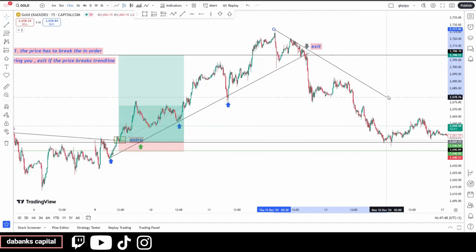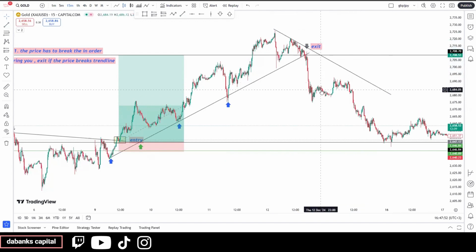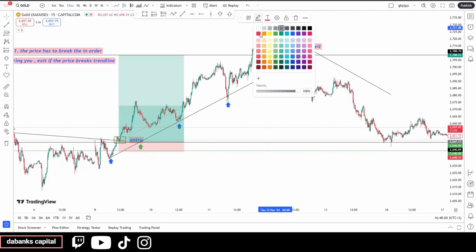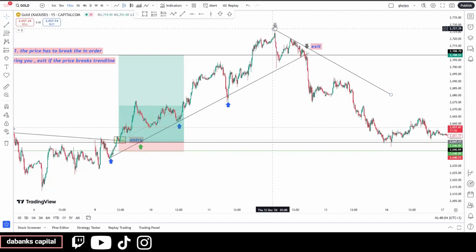For example, this is our first touch, second touch, and probably another touch will come as the market goes on. So this trend line was violated. This could be our exit,